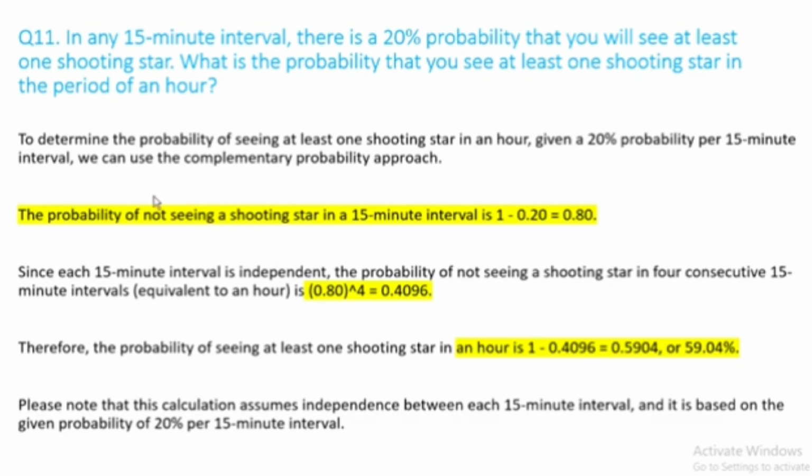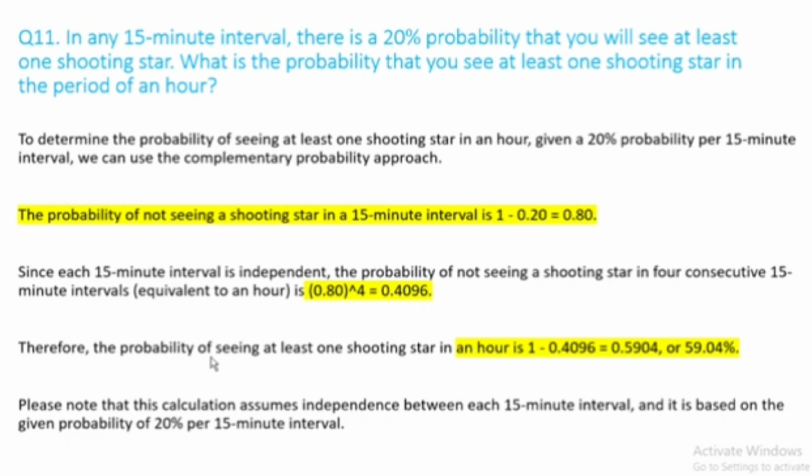The probability of not seeing a shooting star in a 15-minute interval is 1 minus 0.2, which is equal to 0.8. Since each 15-minute interval is independent, the probability of not seeing a shooting star in 4 consecutive 15-minute intervals, equivalent to an hour, is 0.8 to the power 4. That is, we multiply 0.8 4 times. So that would be equal to